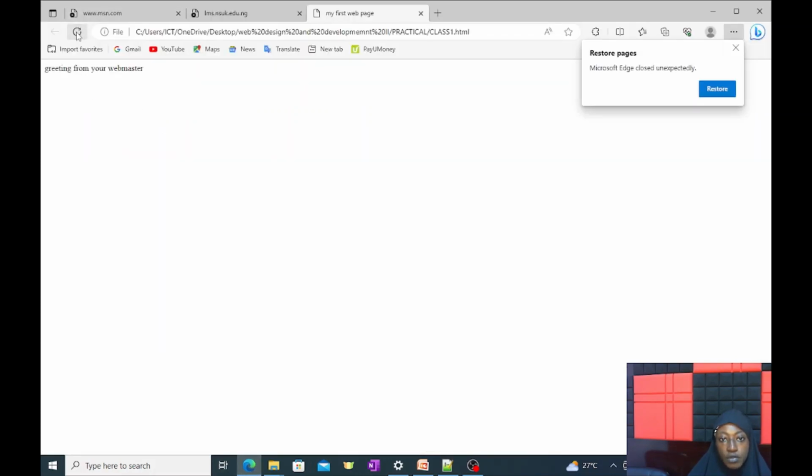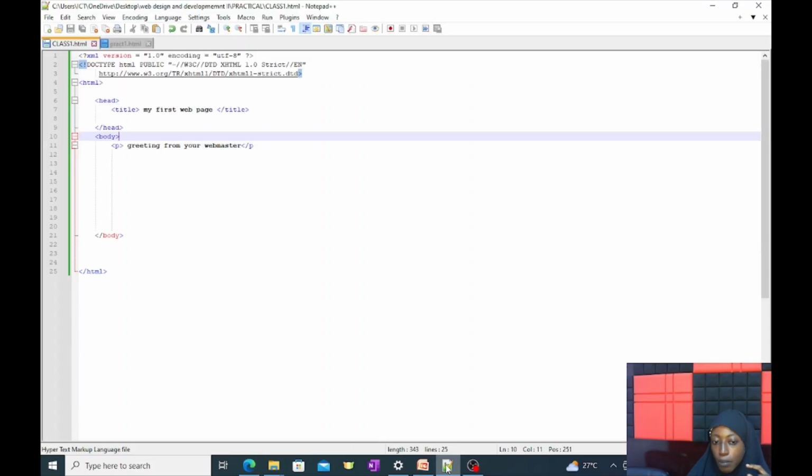Whenever you save, you have to refresh the page. So we need to refresh this page. You can see greeting from your webmaster. Looking at this, our title doesn't show here. Your title always shows at the title bar. You see "my first web page" for the title, it's here. Whatsoever you want the user to see in their web browser will reside inside your body tag. Like this, you see greeting from your webmaster. It's inside the body tag